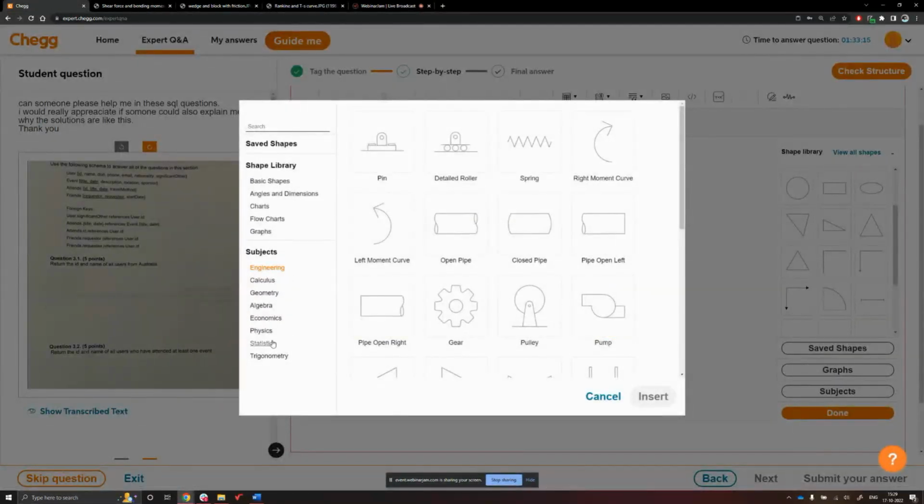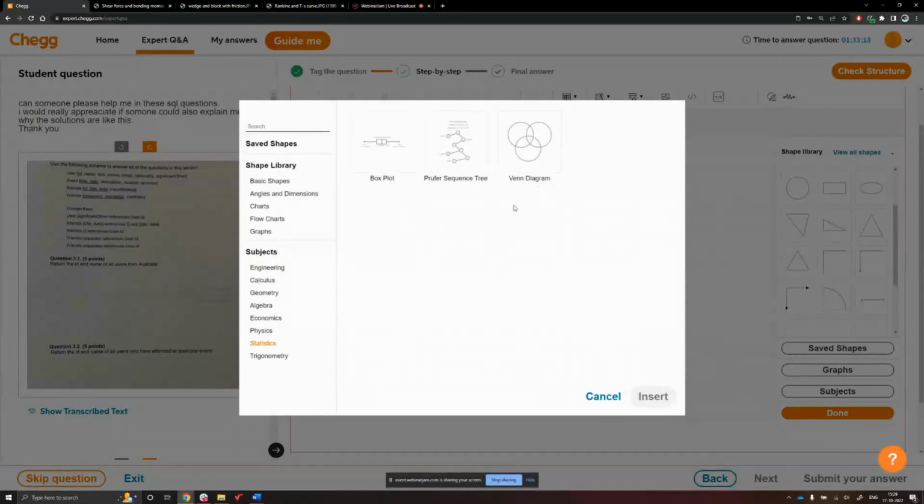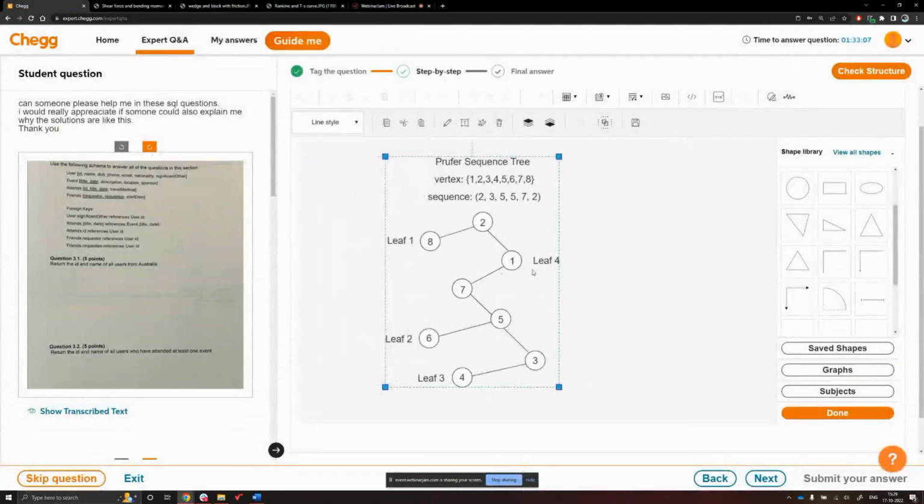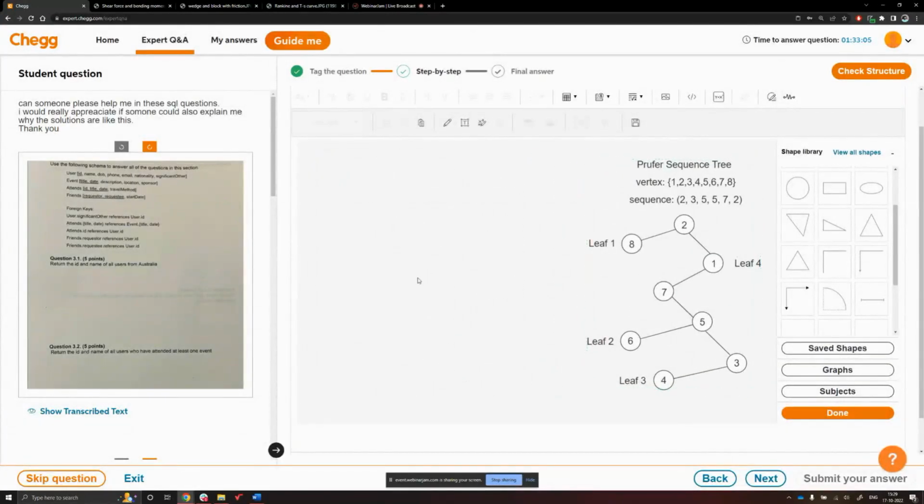So first, if you want to insert a CPM or PERT diagram, this is the option available, the project sequence tree. Insert it. So you can move it to the right side and then you can ungroup them, and you can use these circles and lines to draw your own CPM and PERT diagram by taking this as reference.